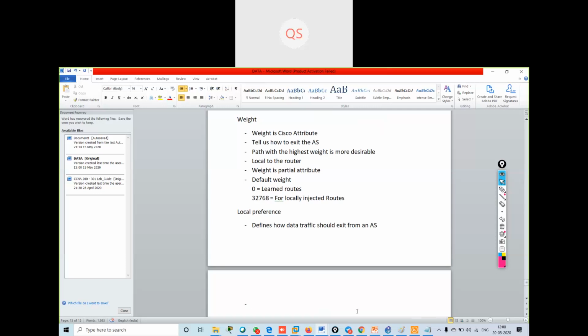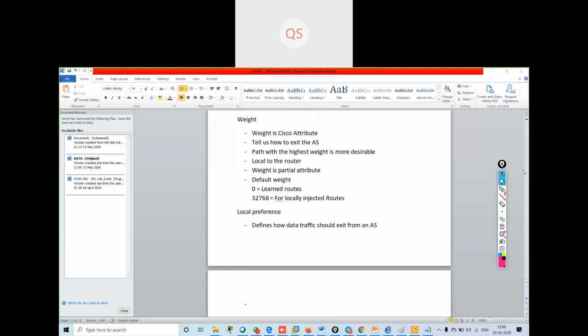Weight attribute is Cisco. Is it under well known, mandatory or discretionary? See, the weight attribute is completely different and does not come under these.